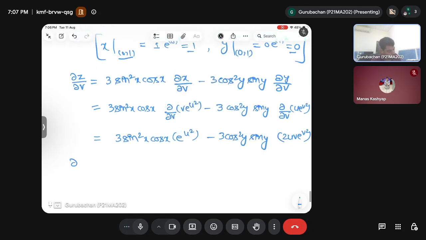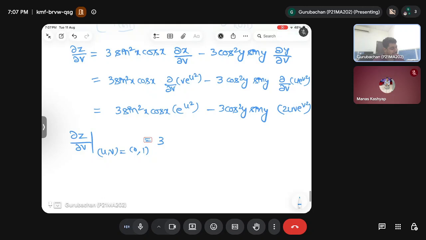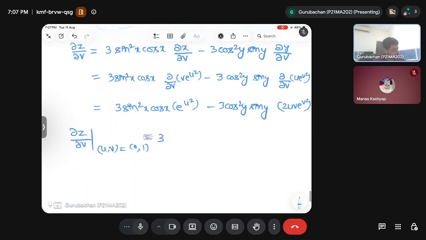Now we substitute u, v as 0, 1. Here also we should mention it. This is nothing but u, v. So, and we know that x has value 1 and y has value 0. Therefore this will be 3 sine square 1 cos of 1 e to the power 0 square, minus, this will go to 0, as y is 0, you can say u and v, u is 0, so this factor will go to 0. So your answer should be,